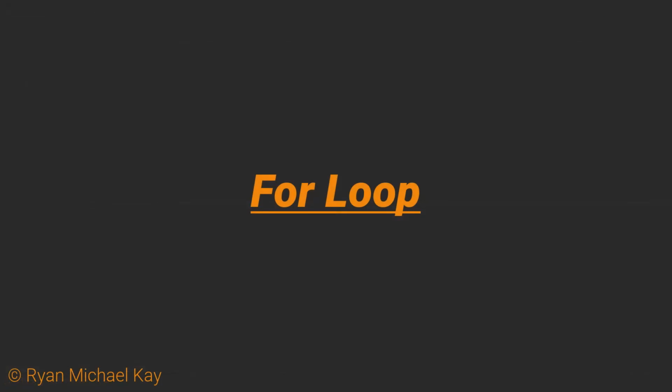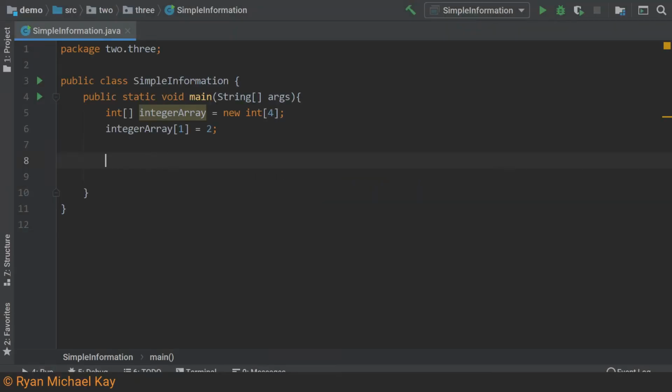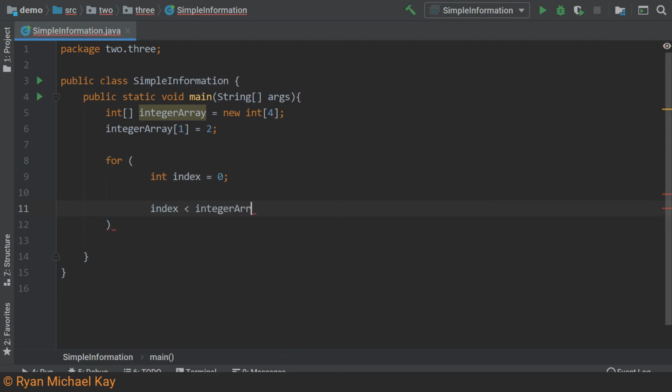We are now going to combine our knowledge of int primitives and arrays together with a very useful programming construct. As you may have noticed, when I use the debugger, a program is executed in a line-by-line, top-down way. Keep that in mind as we take a look at this new construct called a for loop. I am going to ask you to type along with me here, and after that I will explain what we just did. Now normally we leave this all on the same line, but I am going to break this for loop up so that we can add some notes to different parts of it.